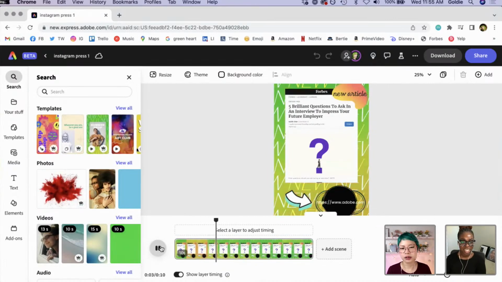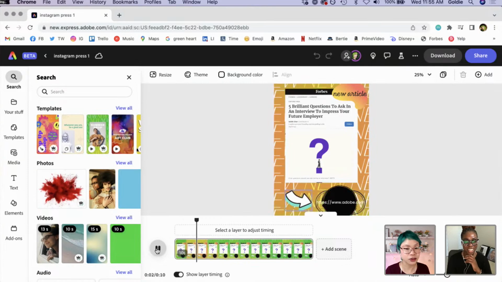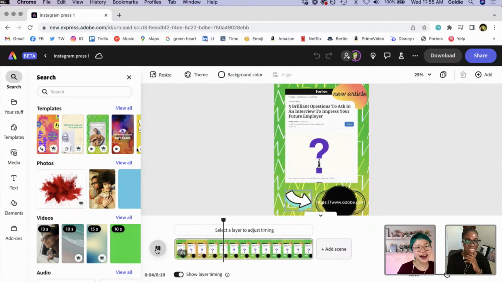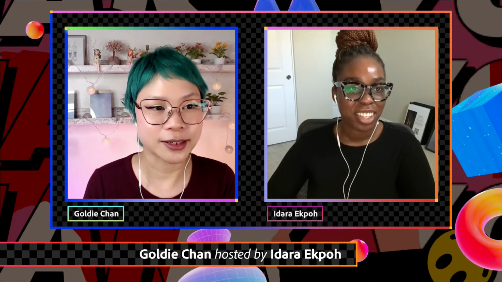I love the moving background in the back. I think it's so fun to have color gradients and things like that. But the best part is I didn't have to design or edit those color gradients. I literally picked a cool template and just ran with it. Absolutely. And if you open up Adobe Express right now, say you're watching this, you can literally see it as one of the first templates.